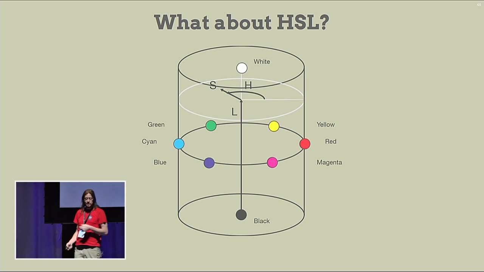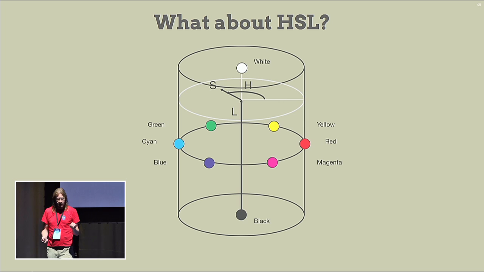Have any of you ever noticed that if you mix up blue in HSL, it has a lightness of 50%? And if you mix up yellow, it also has a lightness of 50%. Does the blue and the yellow look the same lightness to you at all? No, the yellow is much brighter, the blue is much darker. If you do that in